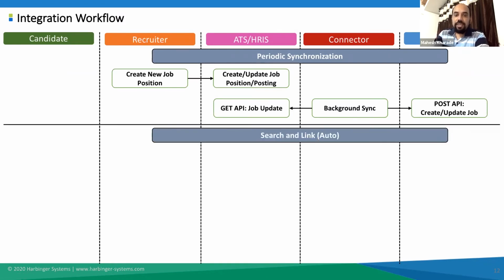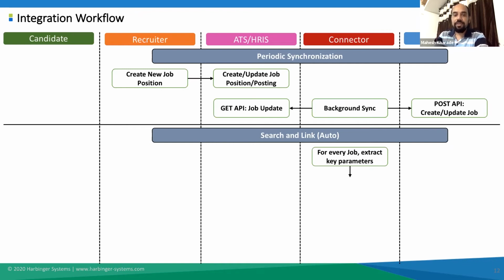The next integration scenario is about candidate recommendation and job application submissions. Now, Monster has a unique set of search APIs, which enables the recruiter to search for matching candidates for the open positions that they have. So whenever there is a new job position that the connector syncs between the ATS and the job board, it also extracts the key information about that job and sends a query to the search API in Monster and gets